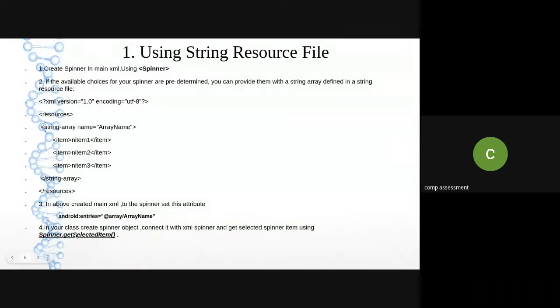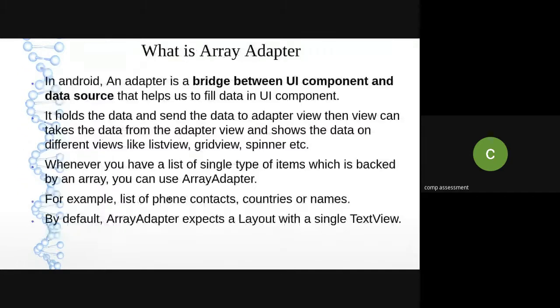By using this, you will extract the element which is selected, and you can apply that particular effect to your text. So we have done adding a spinner widget. After that, creating a set of values by using string.xml. After creating the set of values, we link that with the spinner by using the entries tag. And in the activity, that is in my Java file, I'm using the get selected atom method to retrieve which particular atom from that list you have selected. I will come to the array adapter afterwards.